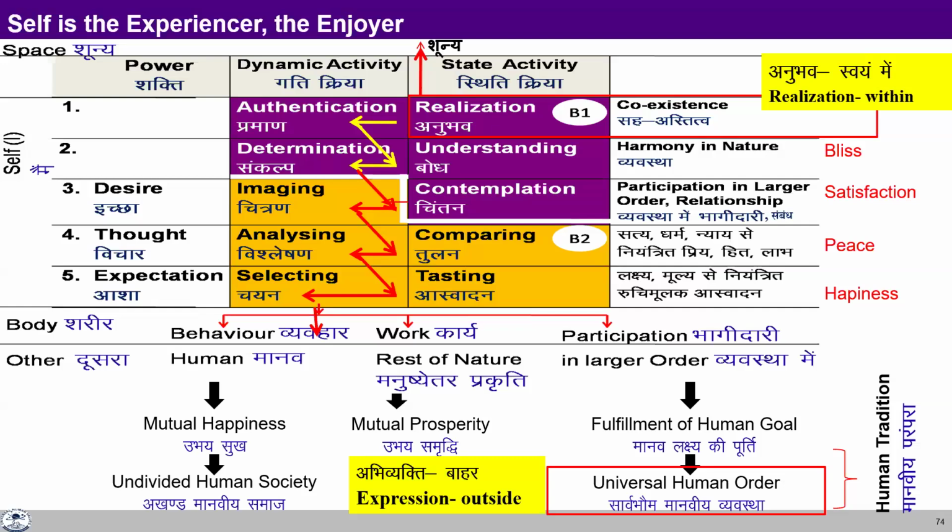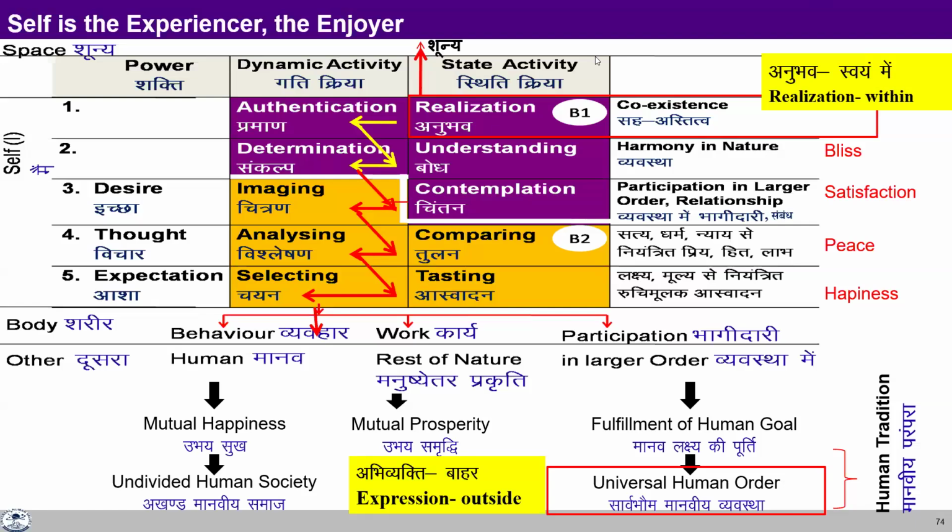Now, as a co-explorer, each one of us has to pay attention to both the ends. One is the realization within, to see the whole existence as it is, and then participating in the universal human order. Now, the more you are able to work for realization within, you feel more committed to participate. If you are not feeling committed to participate in the universal order, it means our sharpness of observation may be somewhat falling short, isn't it? And if you start participating, then your sharpness of observation also goes up. And gradually we have to become a pure observer to see the reality as it is.